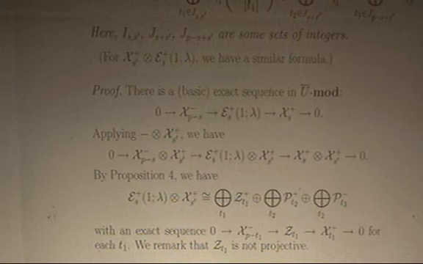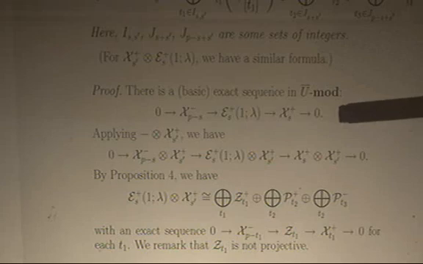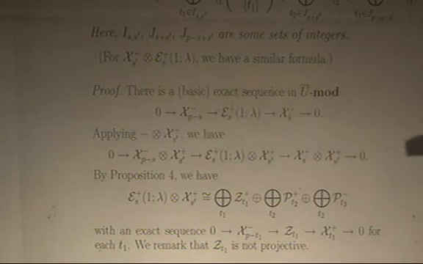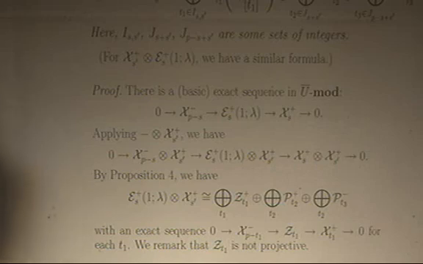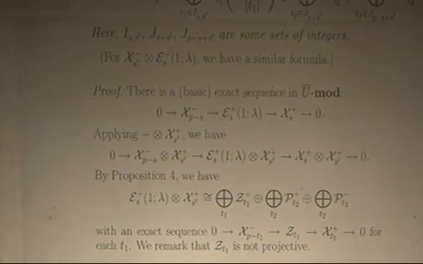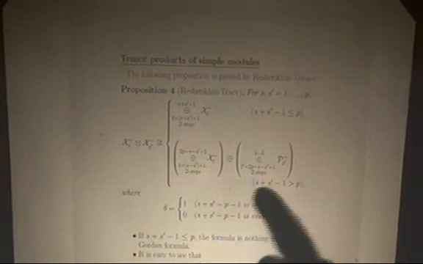How to get this formula? Firstly, there is an exact sequence in U-bar mod of this one, and applying this functor and exactness of these functors, we have another exact sequence, this one. And by Proposition 4, which is a decomposition formula of simple-to-simple modules proved by Lechetti and Traeff,